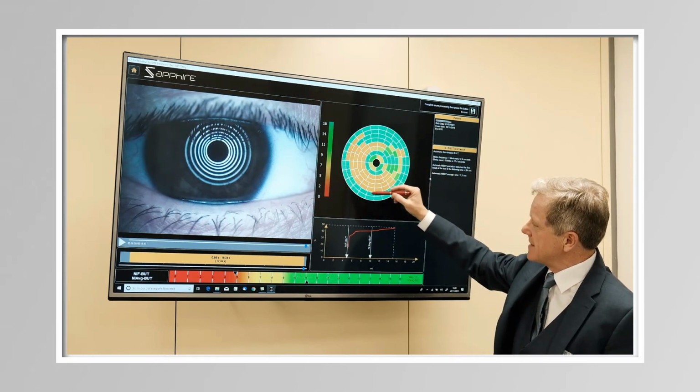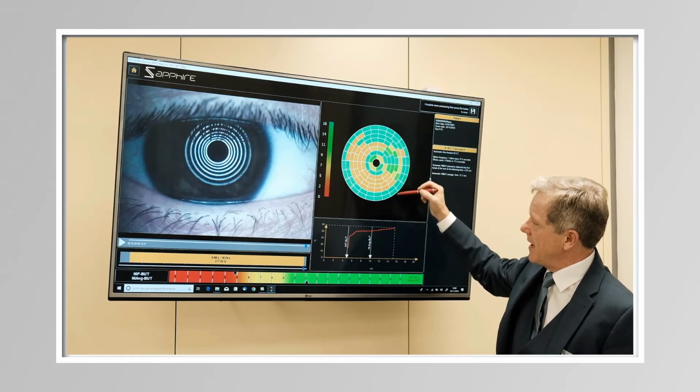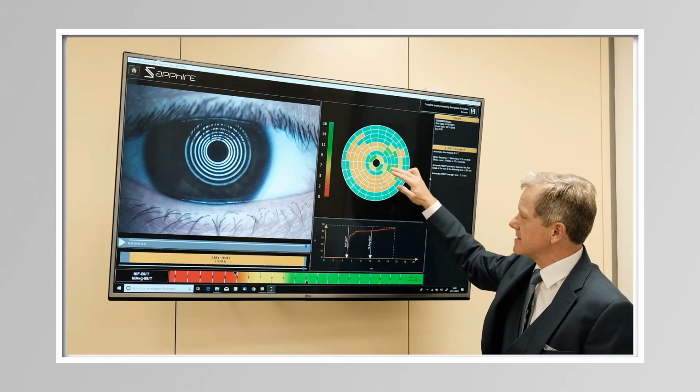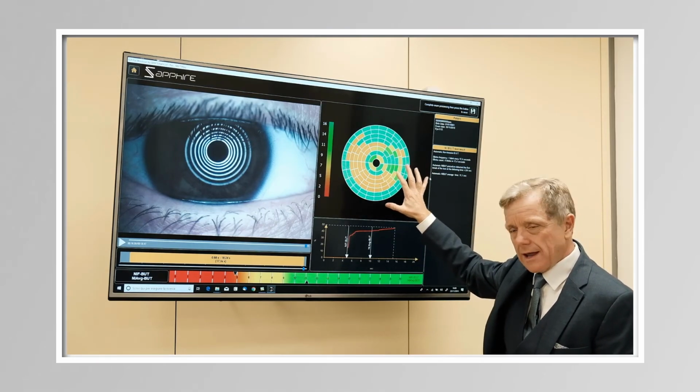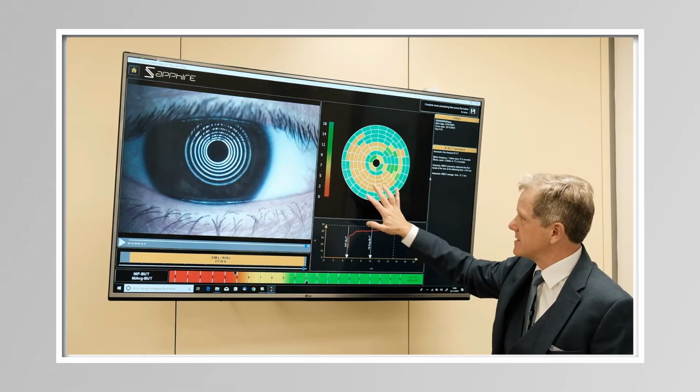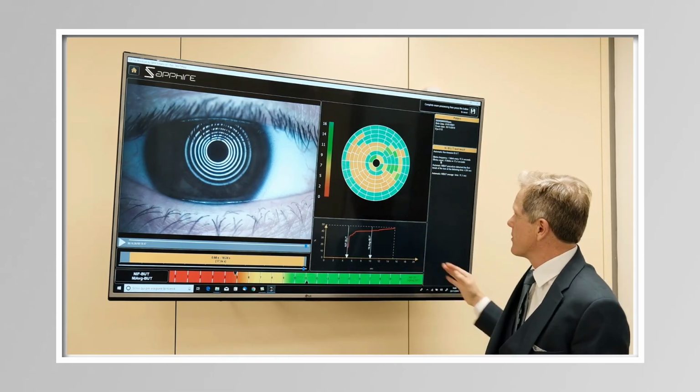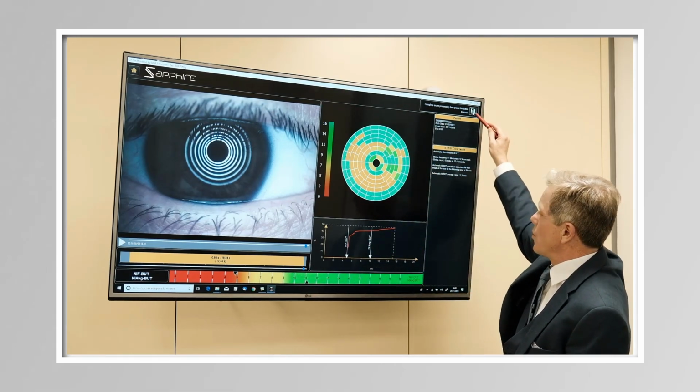Also useful is this device, this little graph here that illustrates the areas and the zones of the cornea that are broken up first. So you can analyze that over the period of time. Having done that, we save